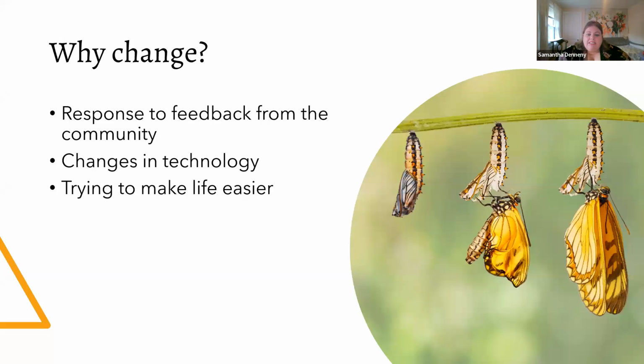We also respond to changes in technology, such as social media and AI, like ChatGPT. And above all, we're trying to make your life easier. We know no one wants to get bogged down in nitpicky details. So if you have feedback for us, we are always listening. So if you ever want to respond to something we put on social media, or send us an email at